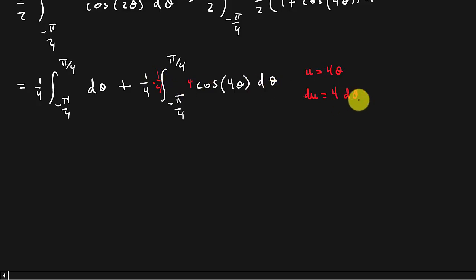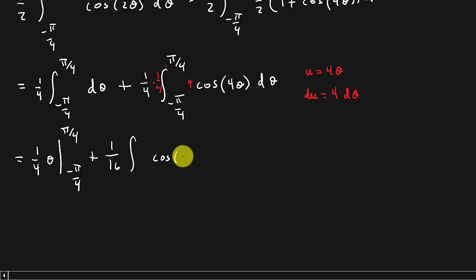And now I got 4 d theta, I can replace that with du. And so this is going to give me 1/4 theta from negative pi over 4 to pi over 4 plus 1/16